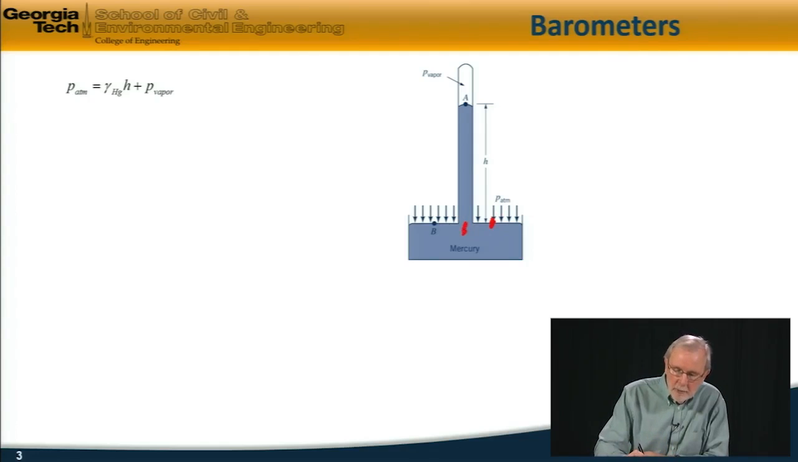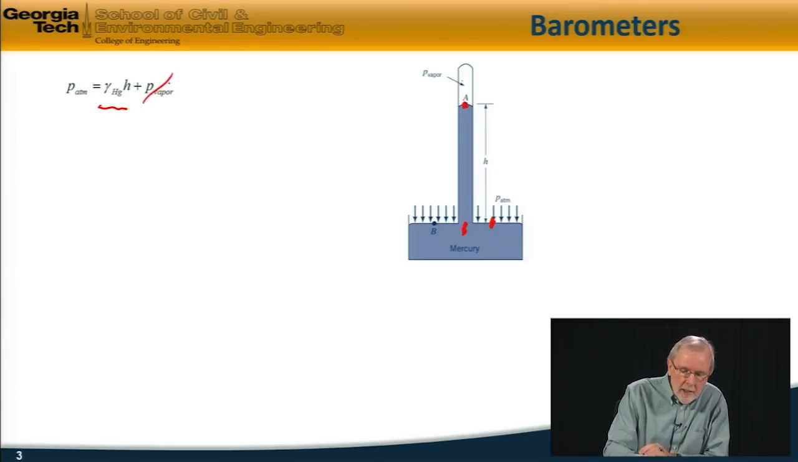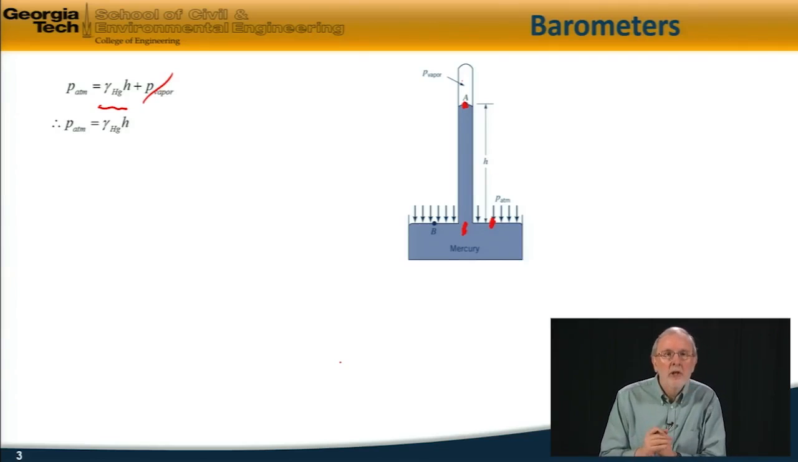pressure here is the pressure due to the height of this column of mercury, which is specific weight of mercury times h, plus the vapor pressure of the mercury above here. And the vapor pressure of mercury is very low, so we can effectively neglect it. So basically the equation is that atmospheric pressure is equal to the specific weight of mercury times the height of